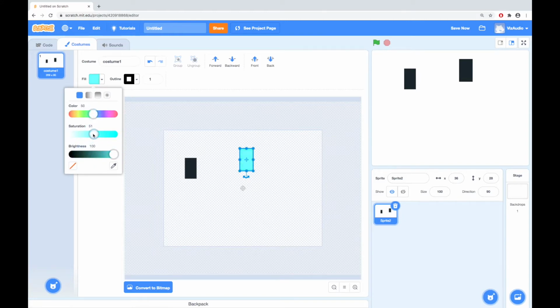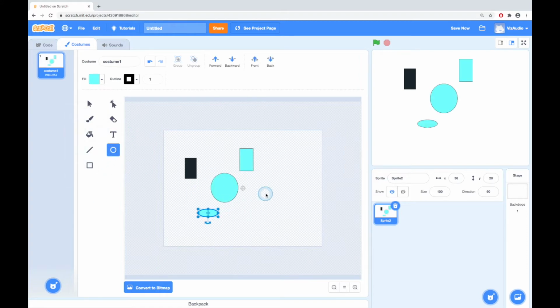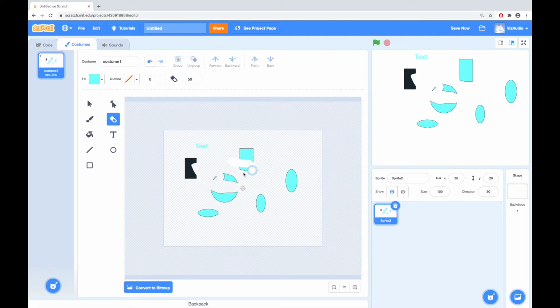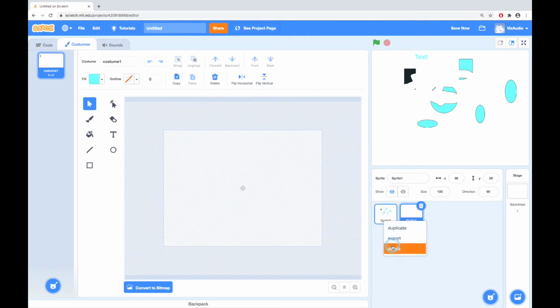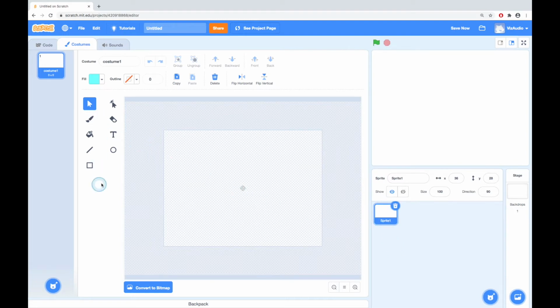Our basic color, the saturation, whether you want something to be kind of more pastel-y or faded like that, and the brightness of the color. We can create round shapes or oval shapes. We can write text. So there's some text. And we can also get an eraser or a rubber, and we can just scrub things out. And this tool here, I'll show you in a second because that's a ripper. That's the warp tool. All right, so let's clear all of that off. I will just create another sprite and delete that one I was showing you the tools with,